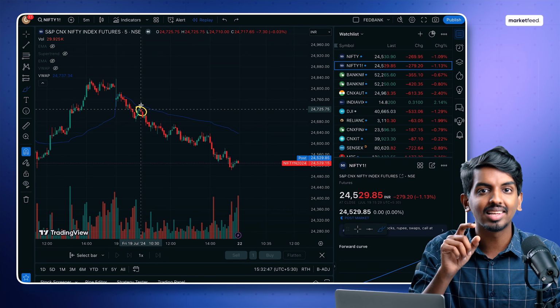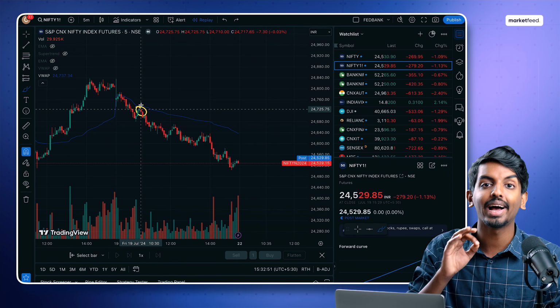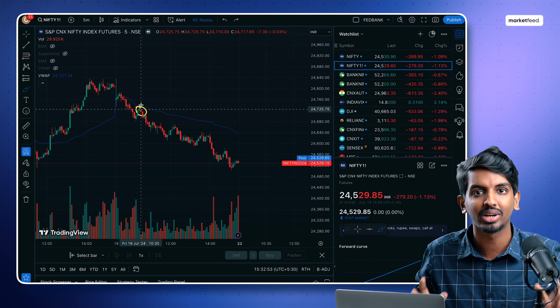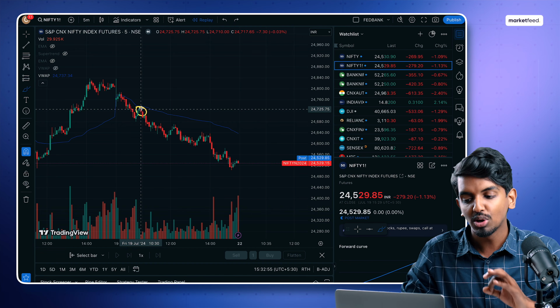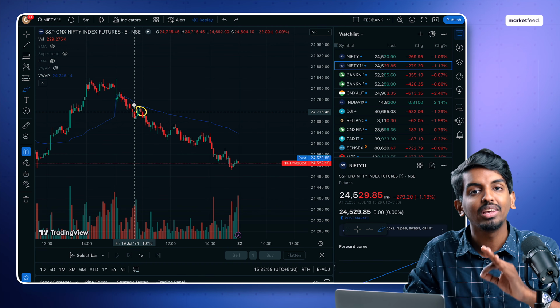And in the rare case that this data is giving mixed signals, most probably it will not, you can go ahead and avoid the trade. There will be no trade for today at 10:30 a.m. So here we understood that the market is most likely going to be bearish and the VWAP will help us